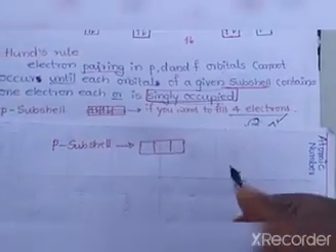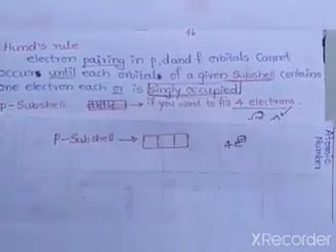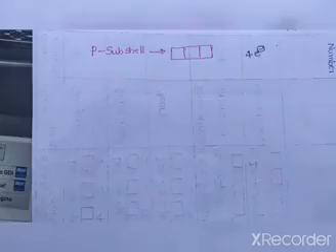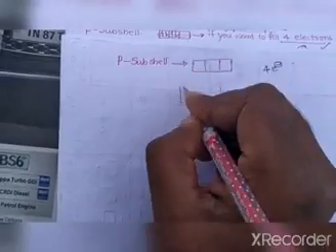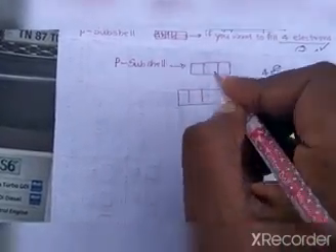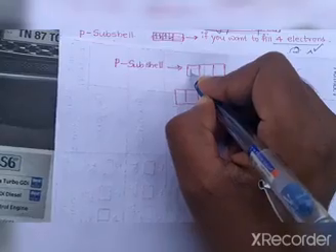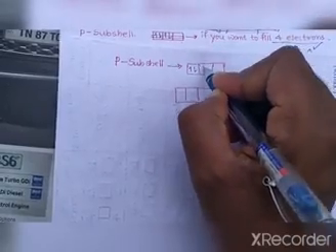Okay, students, if you want to fill 4 electrons in this, we will make a mistake here. I will write another p subshell. What do we do wrong in this? If you want to fill 4 electrons, first, according to the Pauli exclusion principle, we will fill 2 electrons in this one and again 2 electrons in this one.